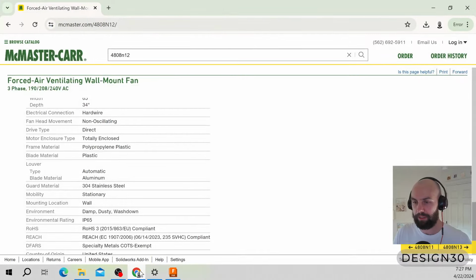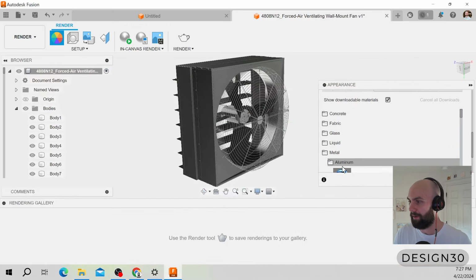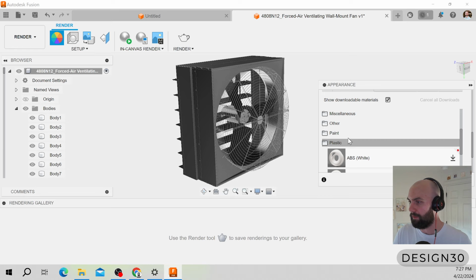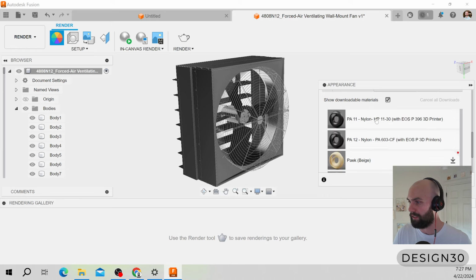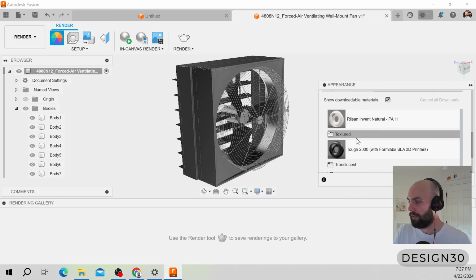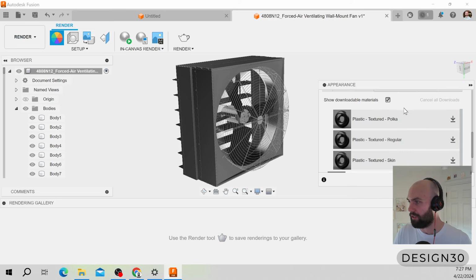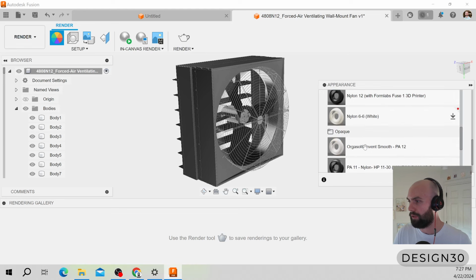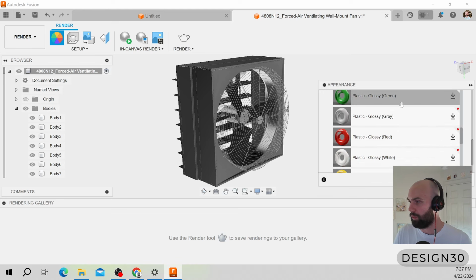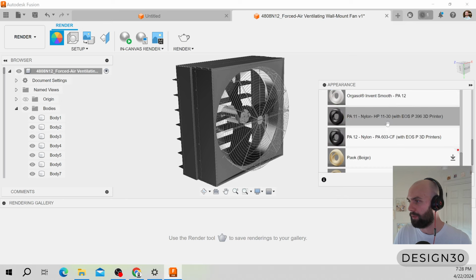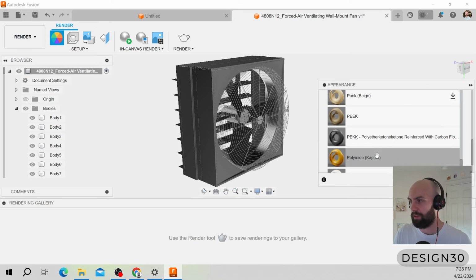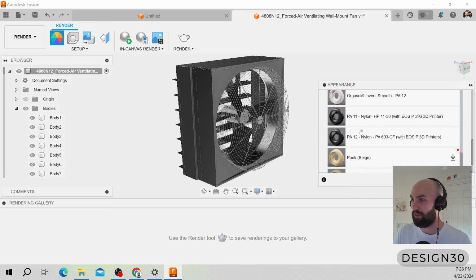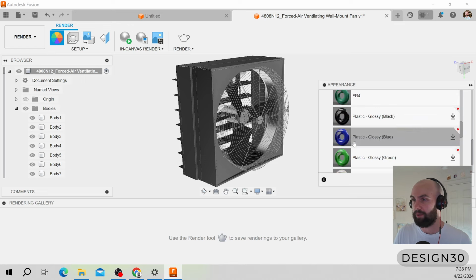Okay, so let's pop over to McMaster one more time. And for the frame material, it's a polypropylene plastic. Okay, so let's see what we can do with that. So we're going to close up the metals and go back into our plastics. Let's see, maybe a textured. So not seeing exactly what that polypropylene material is, you might just have to make a decision yourself on what you think this would look like if it were